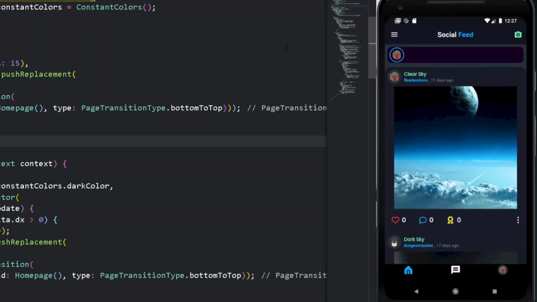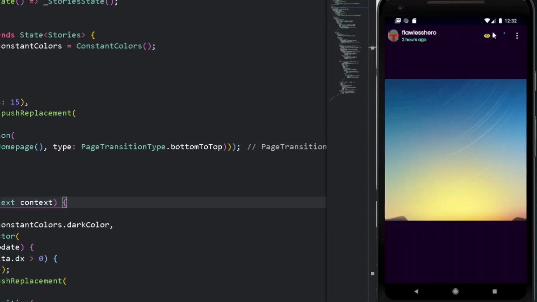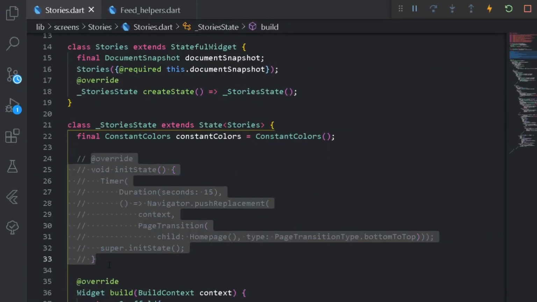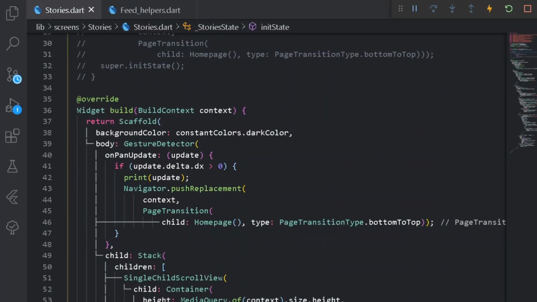Cool, so did you see that we are now automatically navigated back to our home page from our story? Congratulations, we have done a great job. So once we are done with the following changes, if you observe our screen, we have our entire icon button that will show us all of our options available under our story. So now what we can do is remove the following initState method for now, and here let's have a new menu for our entire icon button. Let's hot reload one more time.